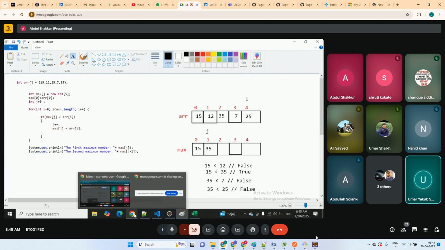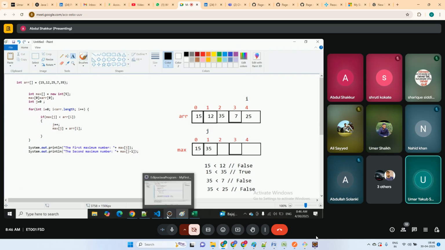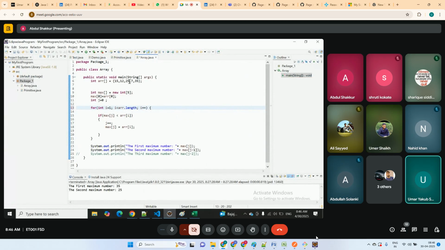इसको चेंज करो ना, इसका स्पेस कॉम्प्लेक्सिटी बैठ रहा है ना टाइम कॉम्प्लेक्सिटी में कुछ बैठ रहा है, ये आउटपुट ही नहीं आ रहा है तो क्या करेंगे। रन करो इसको, या आउटपुट लेके 15, 12, 35, 7, 35 को रन करके देखो। हाँ, रन करो, अभी दिखाओ तुम्हारा क्या आ रहा है आउटपुट, मैक्सिमम क्या है, सेकंड मैक्सिमम क्या है।